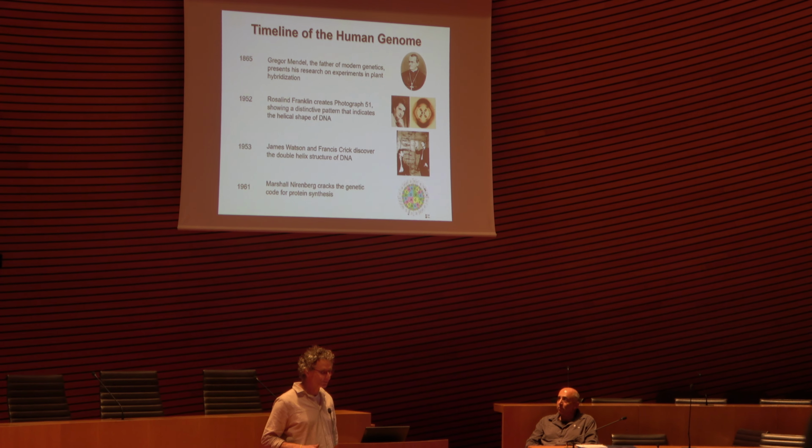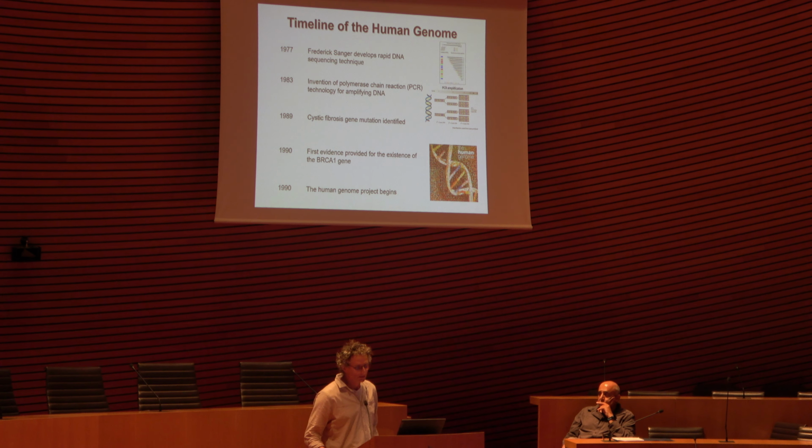And then in 1990, they started the Human Genome Project, meaning they divided the genome, built from chromosomes, among different labs, which sequenced different chromosomes. Eventually each group sequenced different chromosomes by Sanger and PCR, and together as a consortium they tried to complete this task and sequence the entire genome.